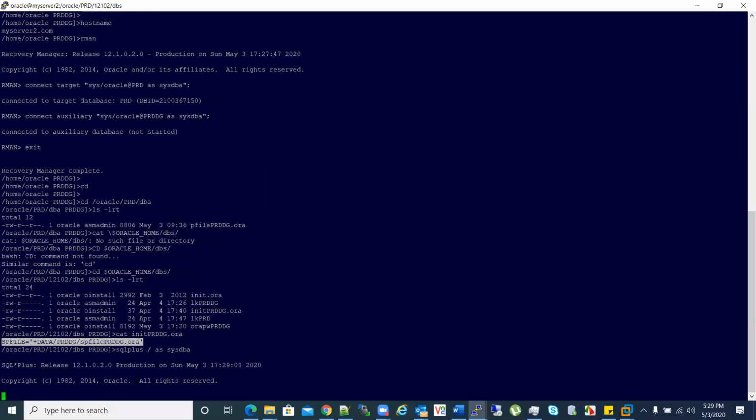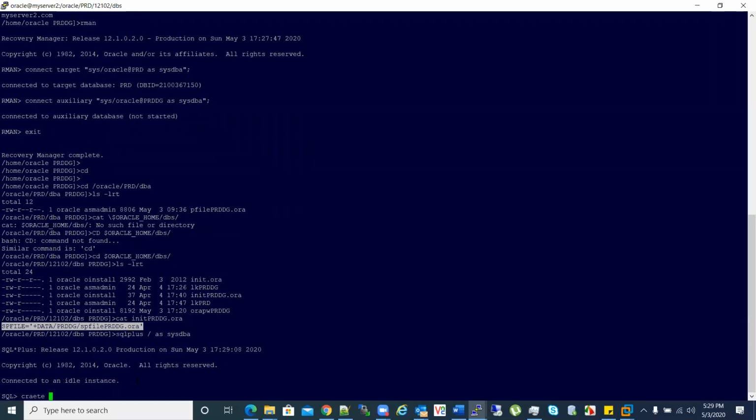I'll go to this and I'll say create SPFILE from PFILE, which I copied from the primary, which is in location db, from PFILE equal to this PFILE.